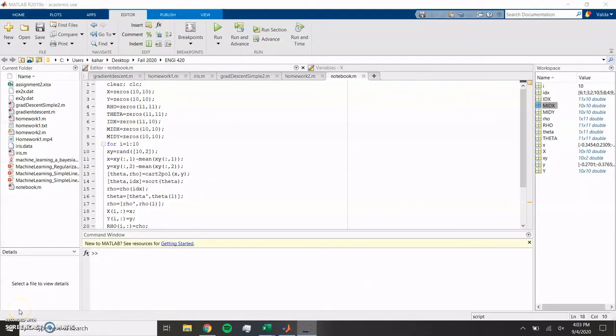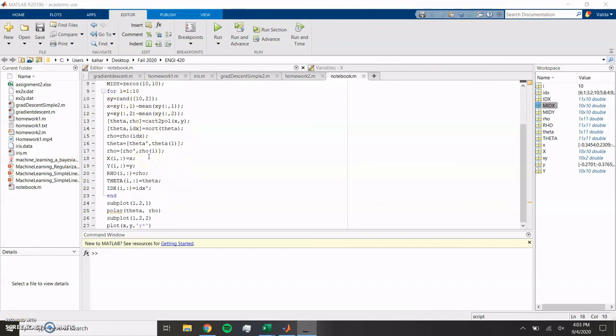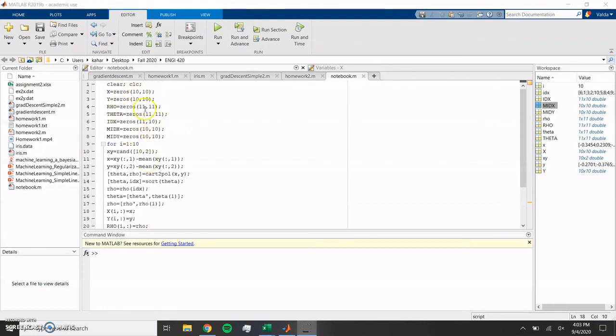So for the MATLAB part of the first homework, we have the traveling salesman problem that Professor Rich showed us in class. I changed it to 10 points, and then to get all of the data all at once, I have a for loop for 10 iterations. So I have my 0